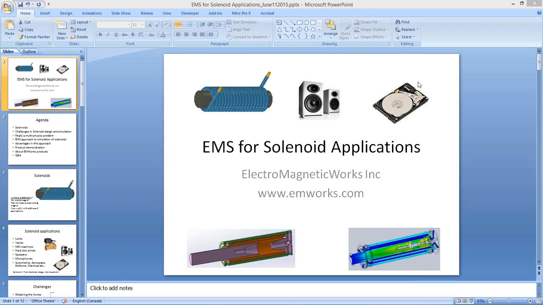And why is a solenoid exactly a multiphysics type of problem? Because if you just take a look at the solenoid as an application, there is a current that goes through a coil which generates a magnetic field. Now this magnetic field exerts some force on whatever is the actuated part or some kind of mobile part in the solenoid. And this force generates a motion, but when a motion is being generated, the part actually moves a little bit away, which basically means it cuts through the magnetic flux,